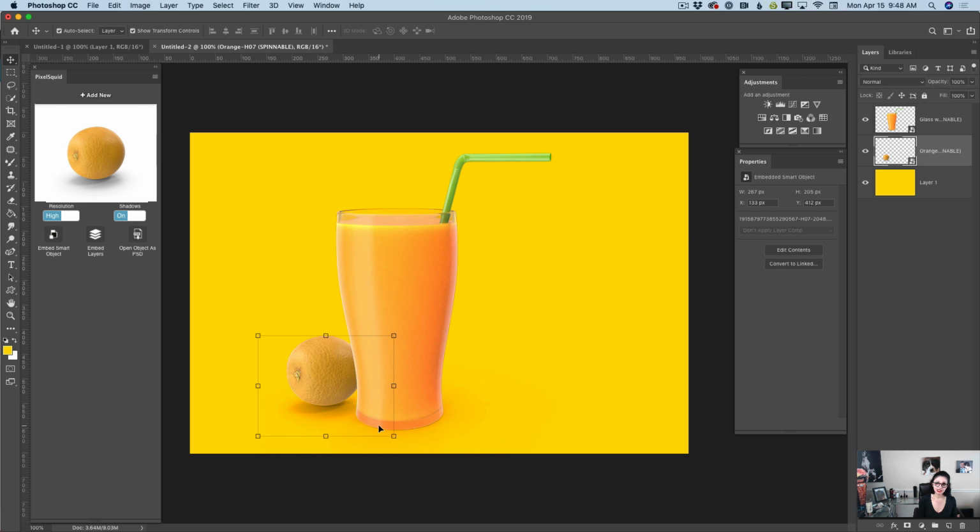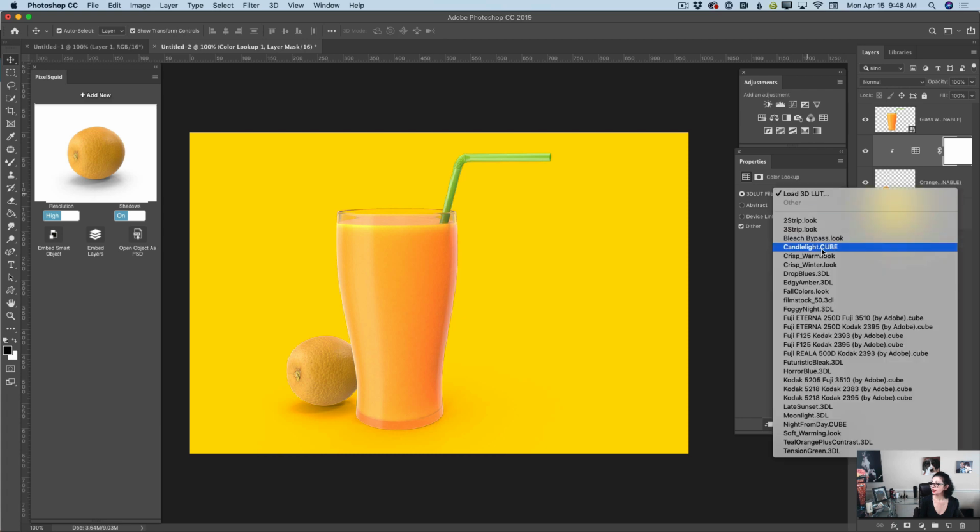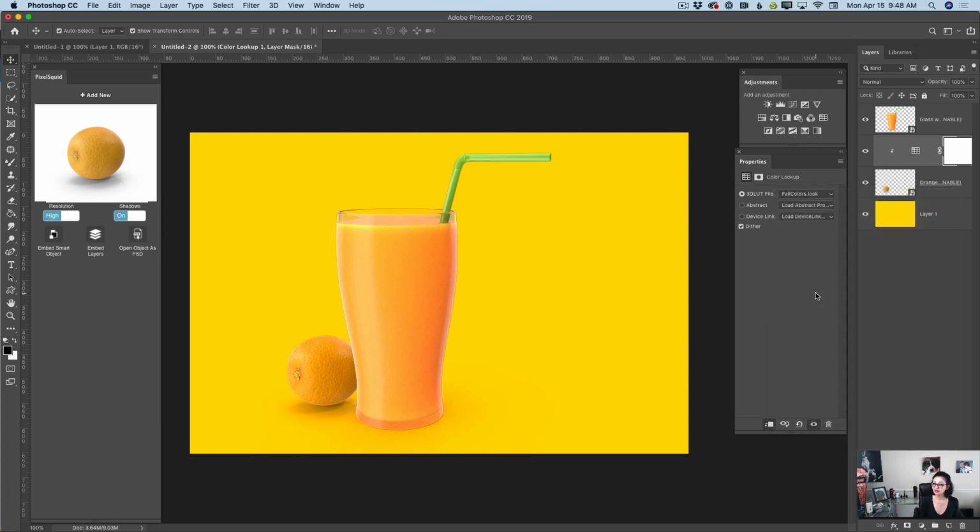I have a discoloration between my orange juice glass and this orange. I will click on a color lookup adjustment. I will specify that I would like to apply the adjustment only to my orange, and I will apply full color look, and voila. Basically guys, we are done, but in all my designs I would like to apply a few